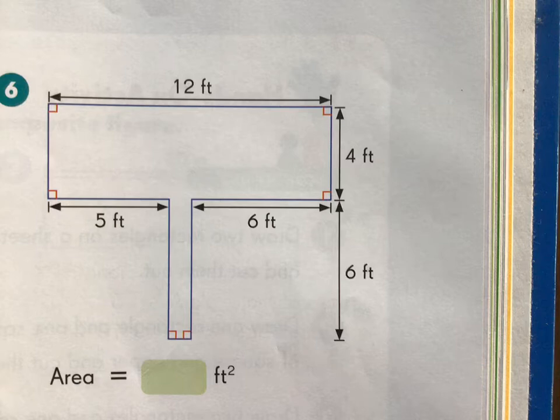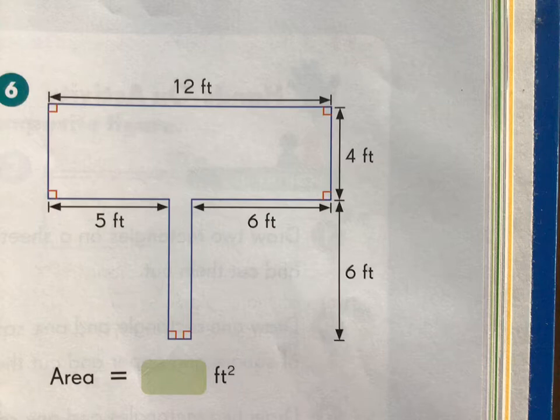It might be two rectangles put together. It might be a rectangle and a square. And so today we're going to look at how we would find the area of a shape when there's more than one shape making up that space. So this first example looks like we have two rectangles